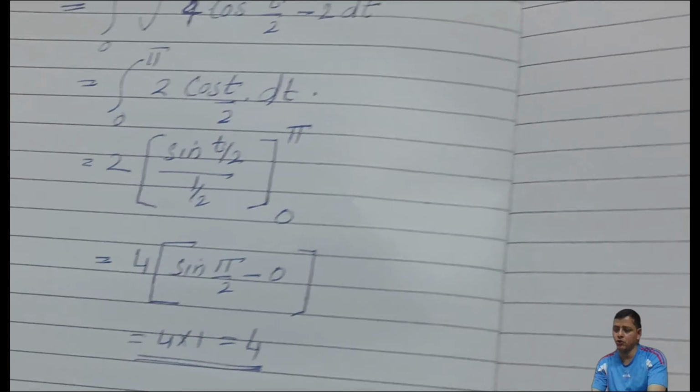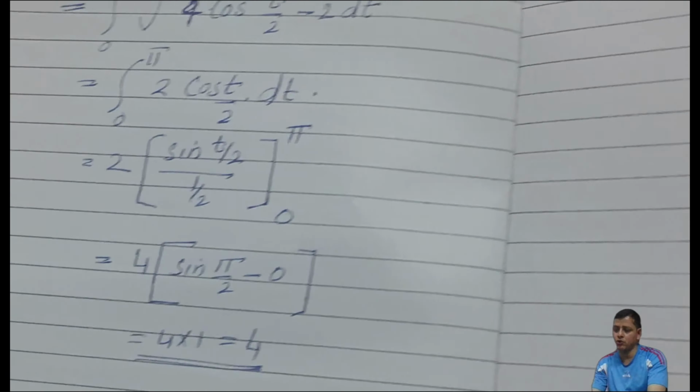So here we have a question: x is equal to cos cube t, y is equal to sine cube t, where t goes from 0 to, let's say, 2 pi. So this is what the question is. Now let's make it simpler by writing some equations here. I have to differentiate with respect to t here, and here also I have to differentiate with respect to t in the beginning.